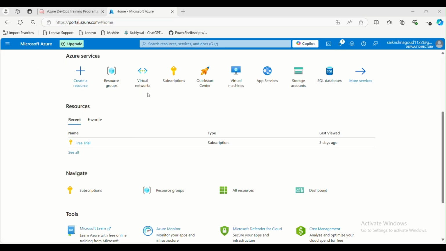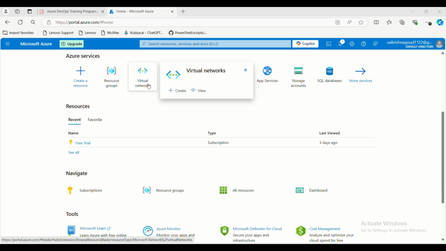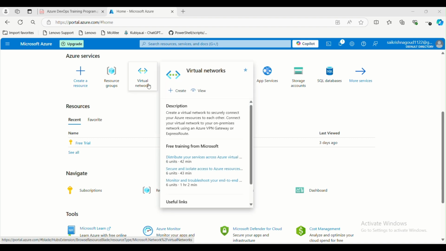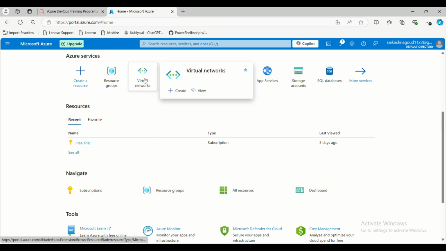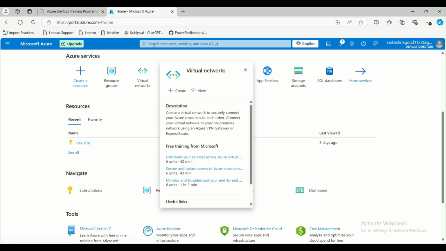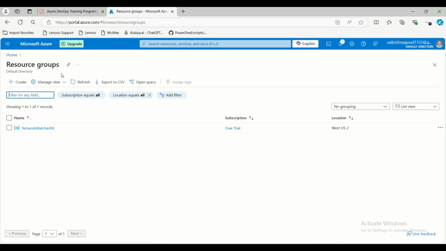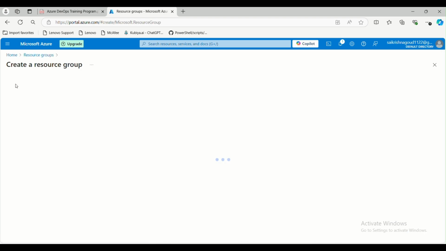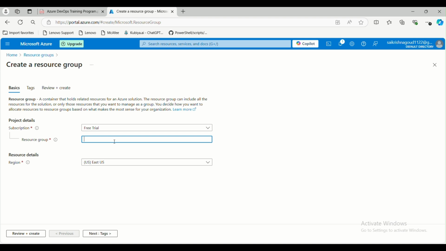Good morning, everyone. So today we'll see how a VNet will be created and how peerings and everything will be done. If you want to create a VNet, first you must have a resource group. First of all, you need to create a resource group. So I will create a resource group here. You can give the resource group name